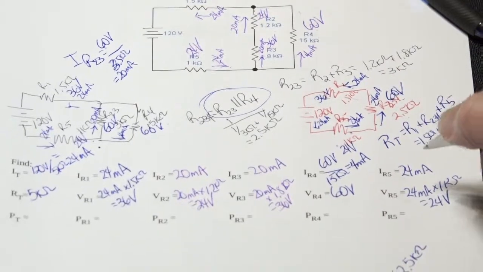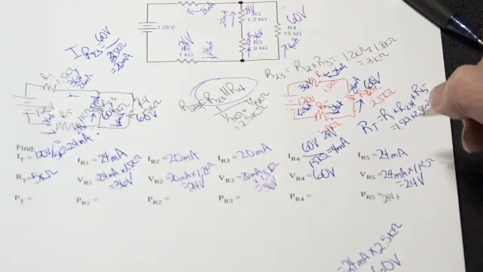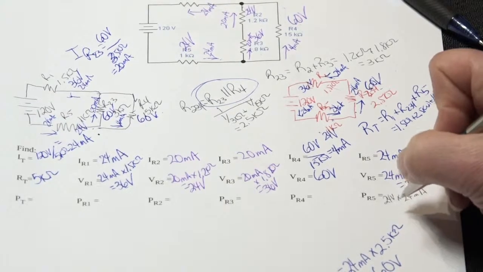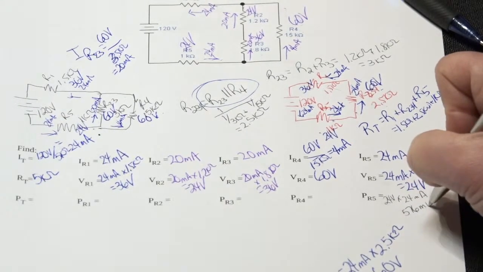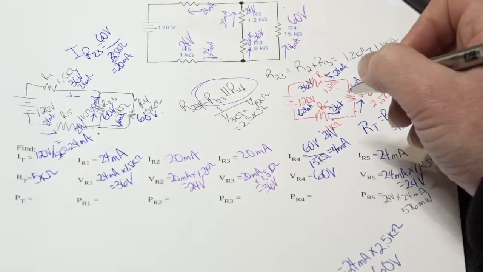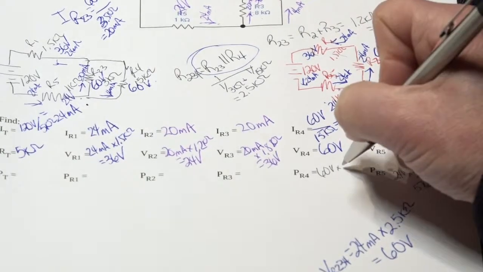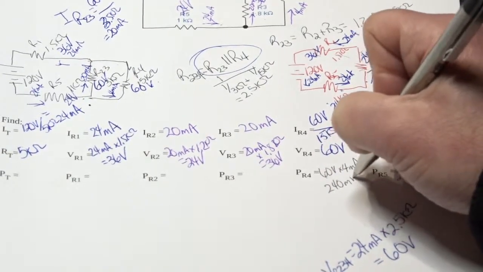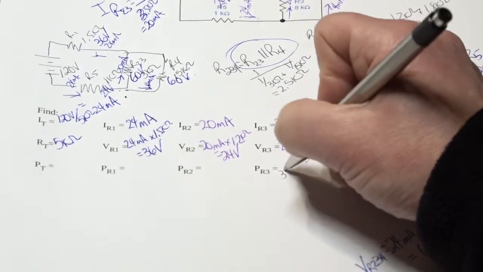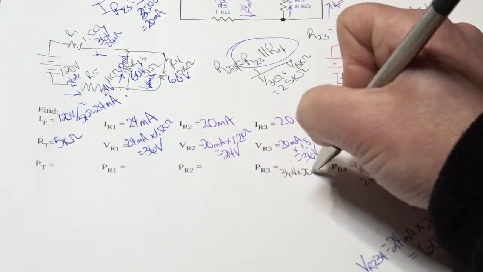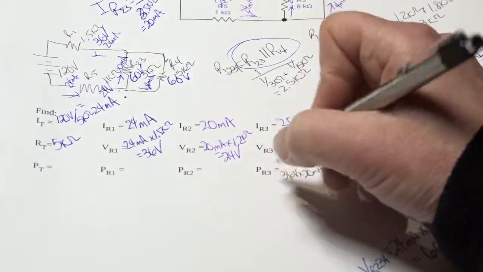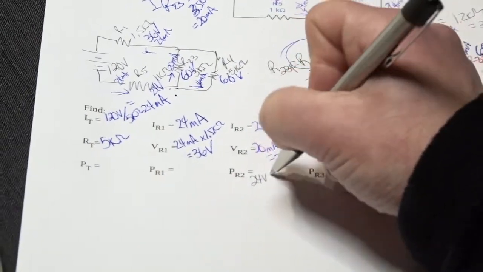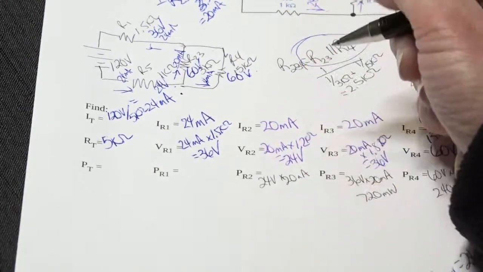So here we've got 24 volts times 24 milliamps, and that gives us 576 milliwatts, and 60 volts times 4 milliamps gives us 240 milliwatts, and here we have 36 volts times 20 milliamps gives us 720 milliwatts, and 24 volts times 20 milliamps gives us